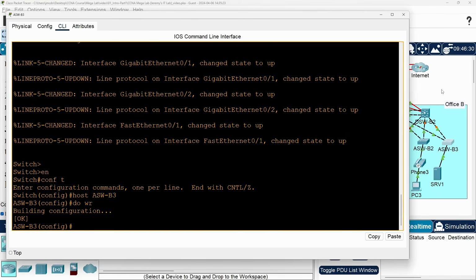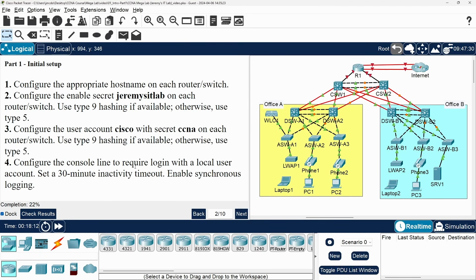Okay, let's take a look at the instructions again. Take a look at the completion score. It's increased a lot already. Don't get too excited, we're just getting started. When the lab first starts, the devices all have no startup config, so there's nothing to evaluate. But when you first save the configs, various default configurations like interface names are saved to the startup config. That's why the score jumps up after just configuring the host names and saving the configs.